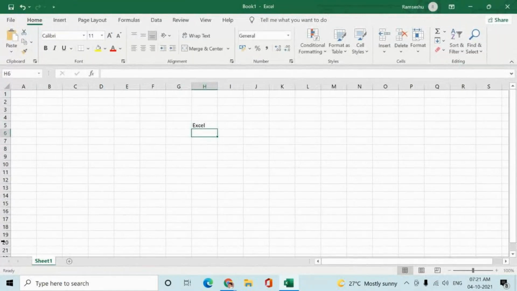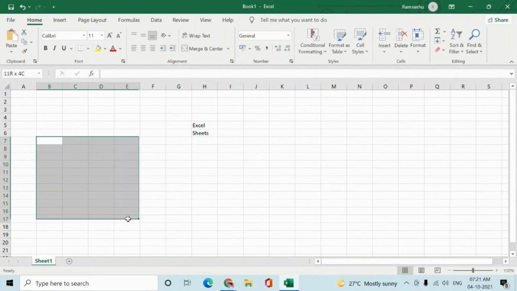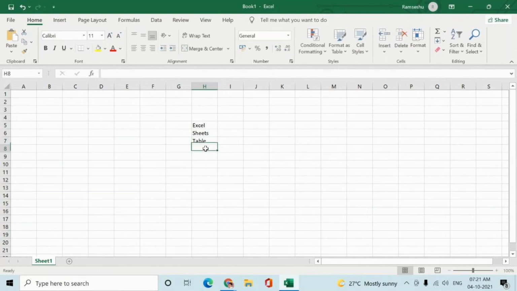I will have sheets, right? You'll have multiple sheets, correct? And then every sheet will have a table, correct? So I'll say table. Then every table will have rows and columns, right?